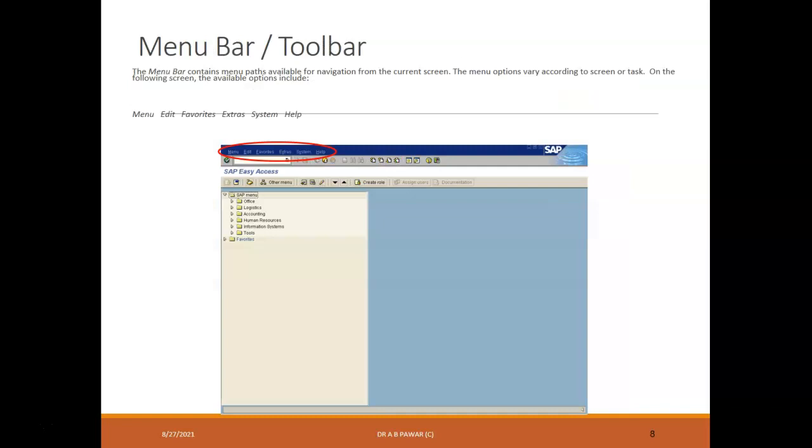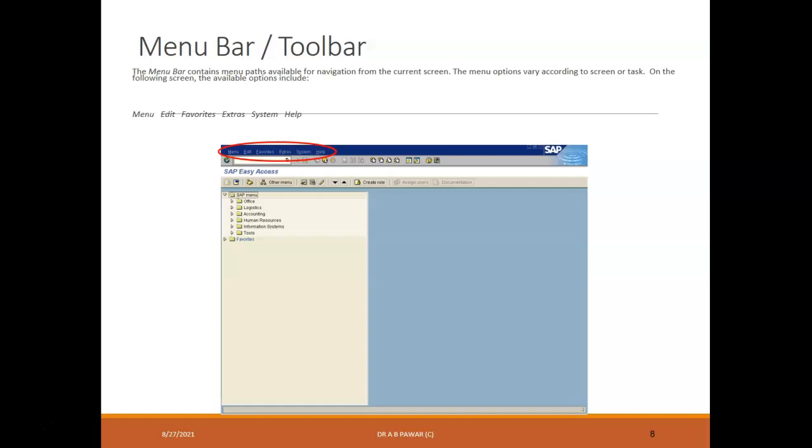Now we'll see all these options in more depth. First is the menu bar. I already said this menu bar contains menu paths available for navigation from your current screen, which come with various options. Again, these menu options may vary according to the screen or the particular task you are going to do.